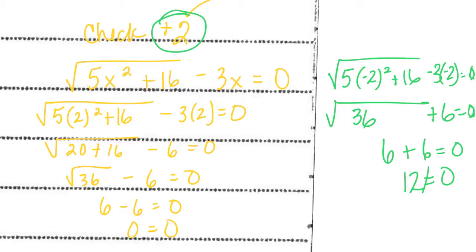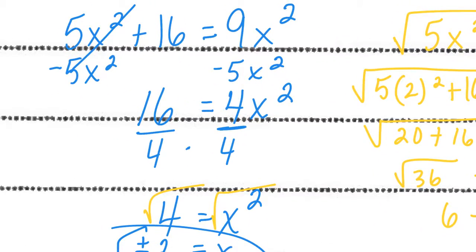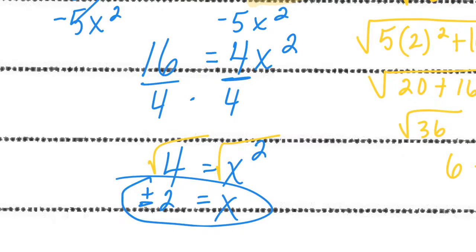So the first thing we have to remember is that anytime I'm solving for an x squared like this, remember that we do have to have the plus and minus right here. But remember, we want to check everything through to make sure they work. And it's a great idea to do that with absolute value too. So just a good reminder for